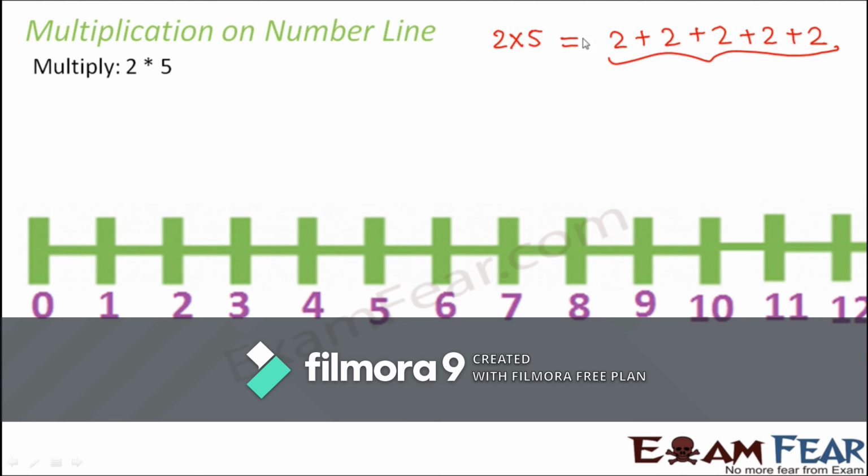Now writing this is tedious and complicated. So to write it in a simpler way, we write it like this. Let's see, if we write 10 into 2, what does that mean? This basically means 10 plus 10. That means we are adding 10 2 times. Now when I say 2 into 5, that means we are adding 2 5 times. So that is the meaning of it.